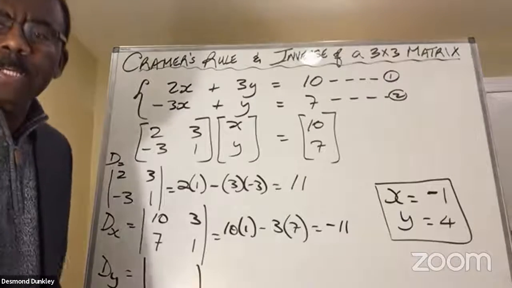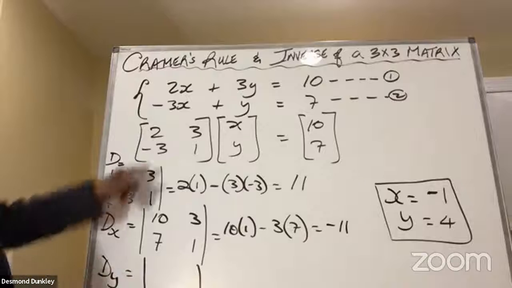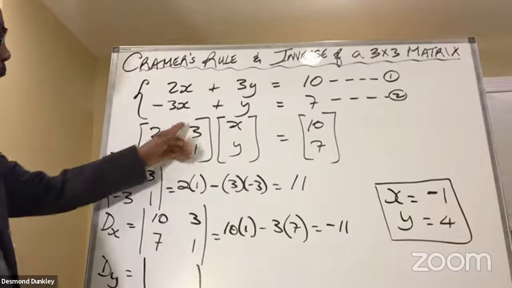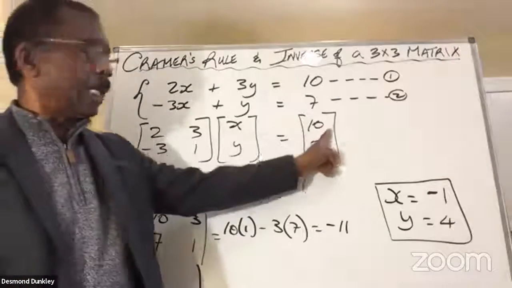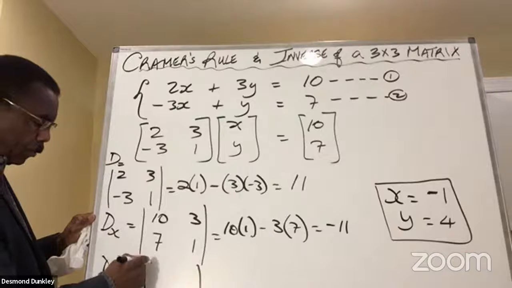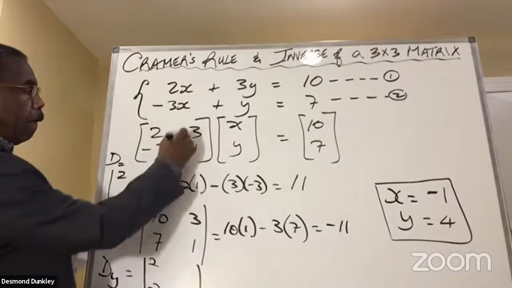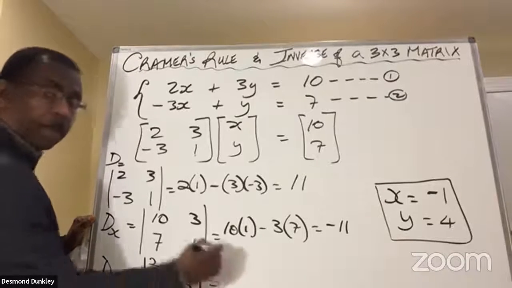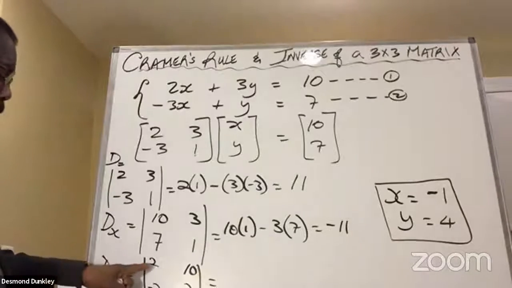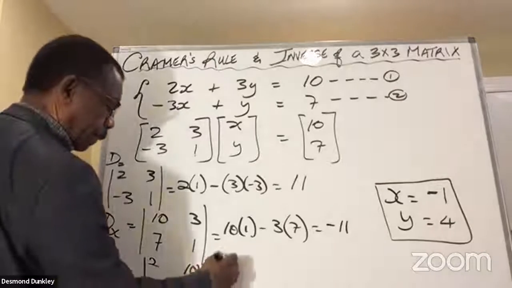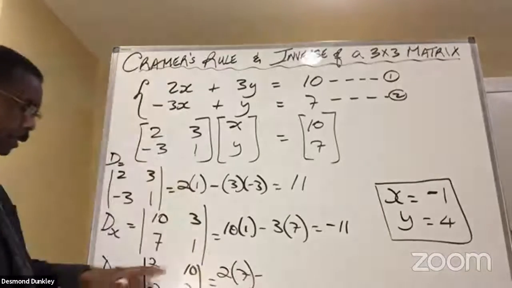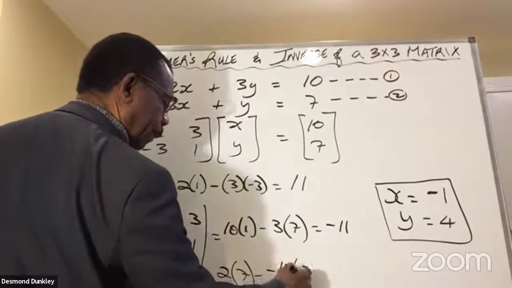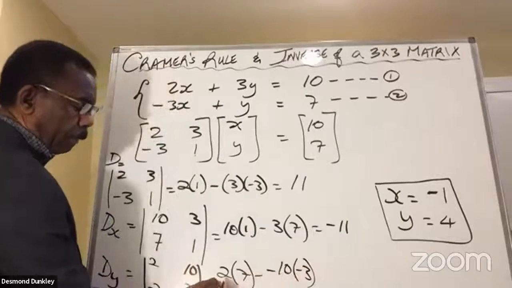I guess by now you know that dy is going to be the determinant of the original matrix, except that the y coefficients are replaced with the constants. So we go back, we write the 2 and the negative 3, but instead of 3, 1, we write 10, 7. Now, the determinant of this is 2 times 7 minus 10 times negative 3. So it's a minus minus, so it's 14